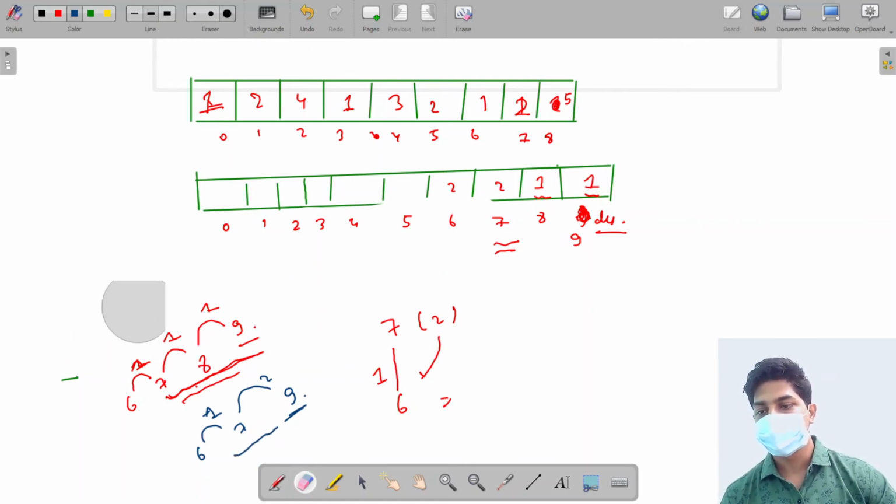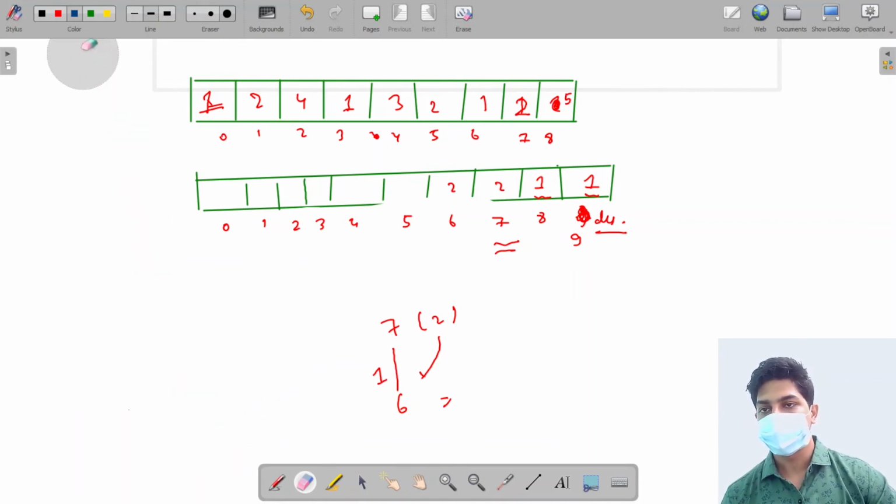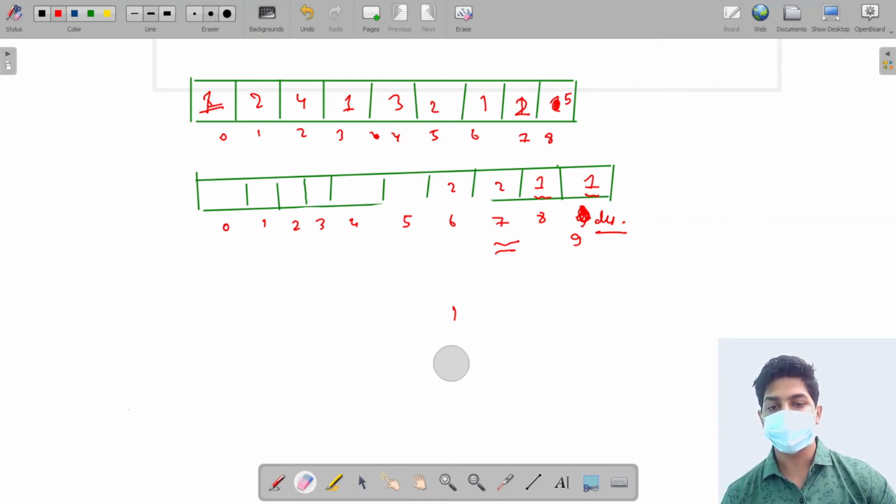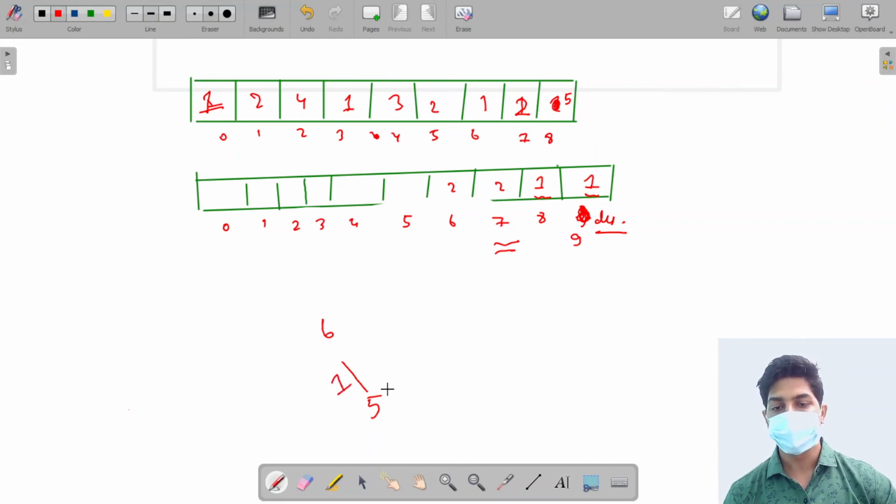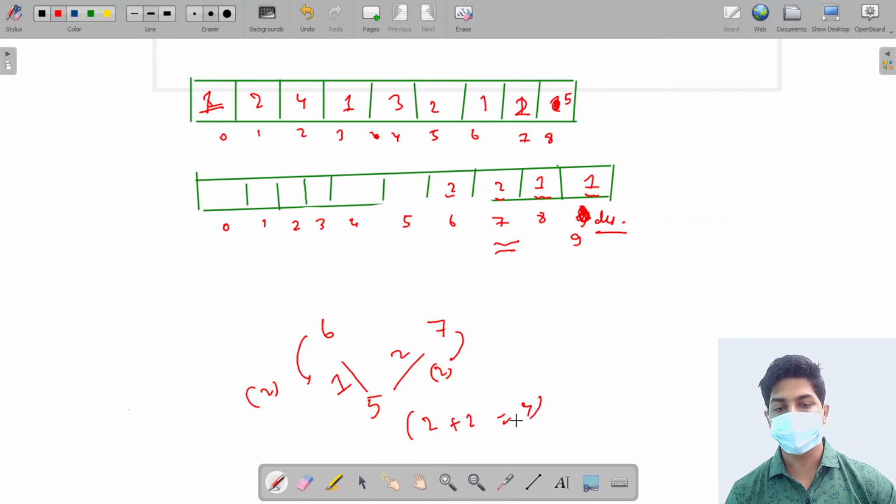Okay. So now let's calculate the answer for 5. For 5 there are two jumps allowed. So let's see how many ways there are from 5. From 5, if we take a jump of 1 unit, we will reach 6. If I take a jump of 2 units, we will reach 7. 6 will return that there are two ways, 7 will return that there are two ways. So the total number of ways for 5 will be 2 plus 2, which is equal to 4. So for 5 there will be 4 ways.